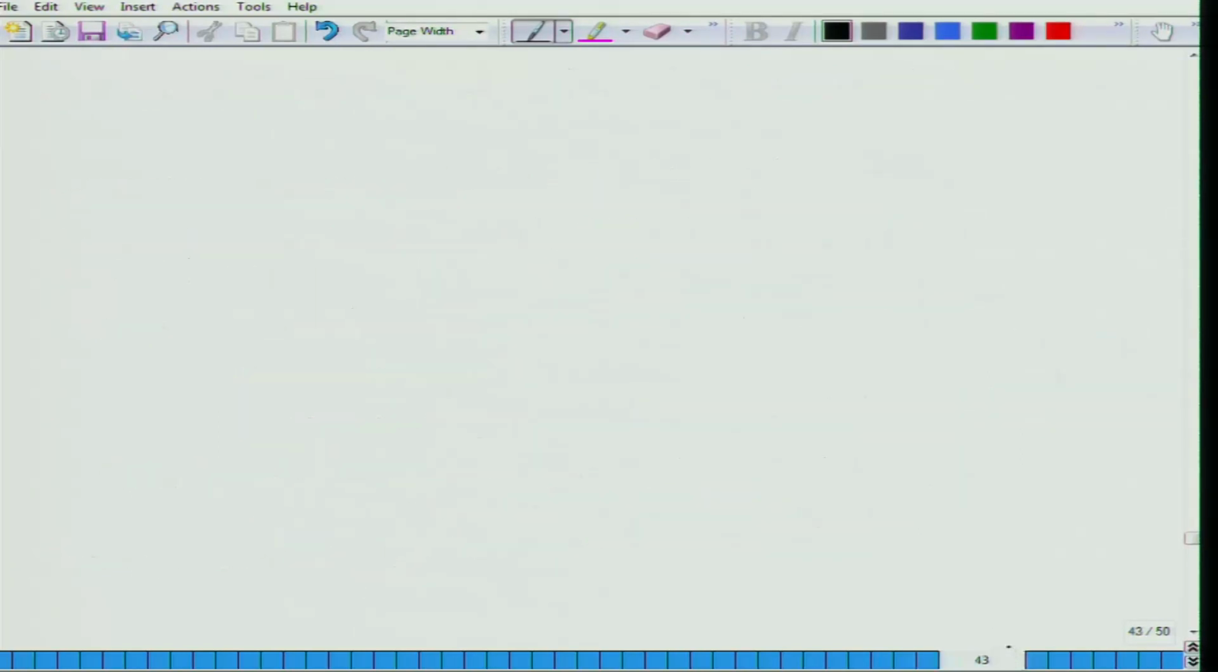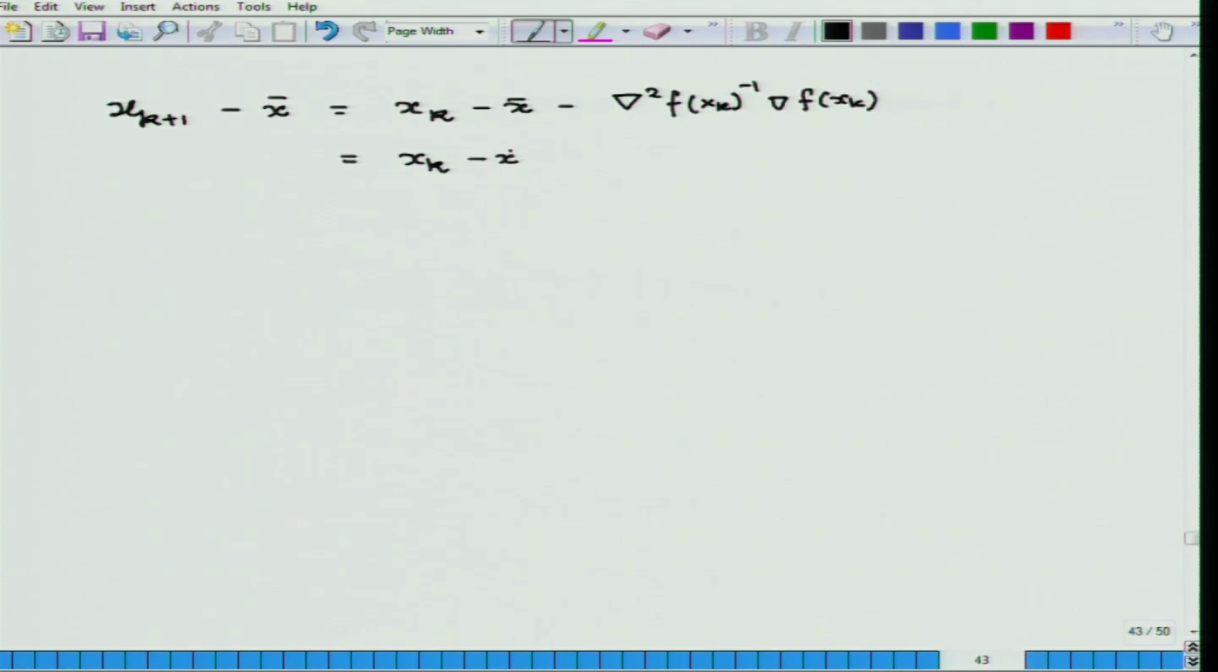Okay. Now, how do you go about proving this fact? From the Newton scheme, we will use now the Newton scheme. So, x k plus 1 minus x bar. So, we have to find the quadratic convergence. I am writing x k plus 1 as x k minus the Hessian matrix inverse into grad of f x k. Now, remember grad of f x bar is equal to 0, because that is the solution. So, I can write this as